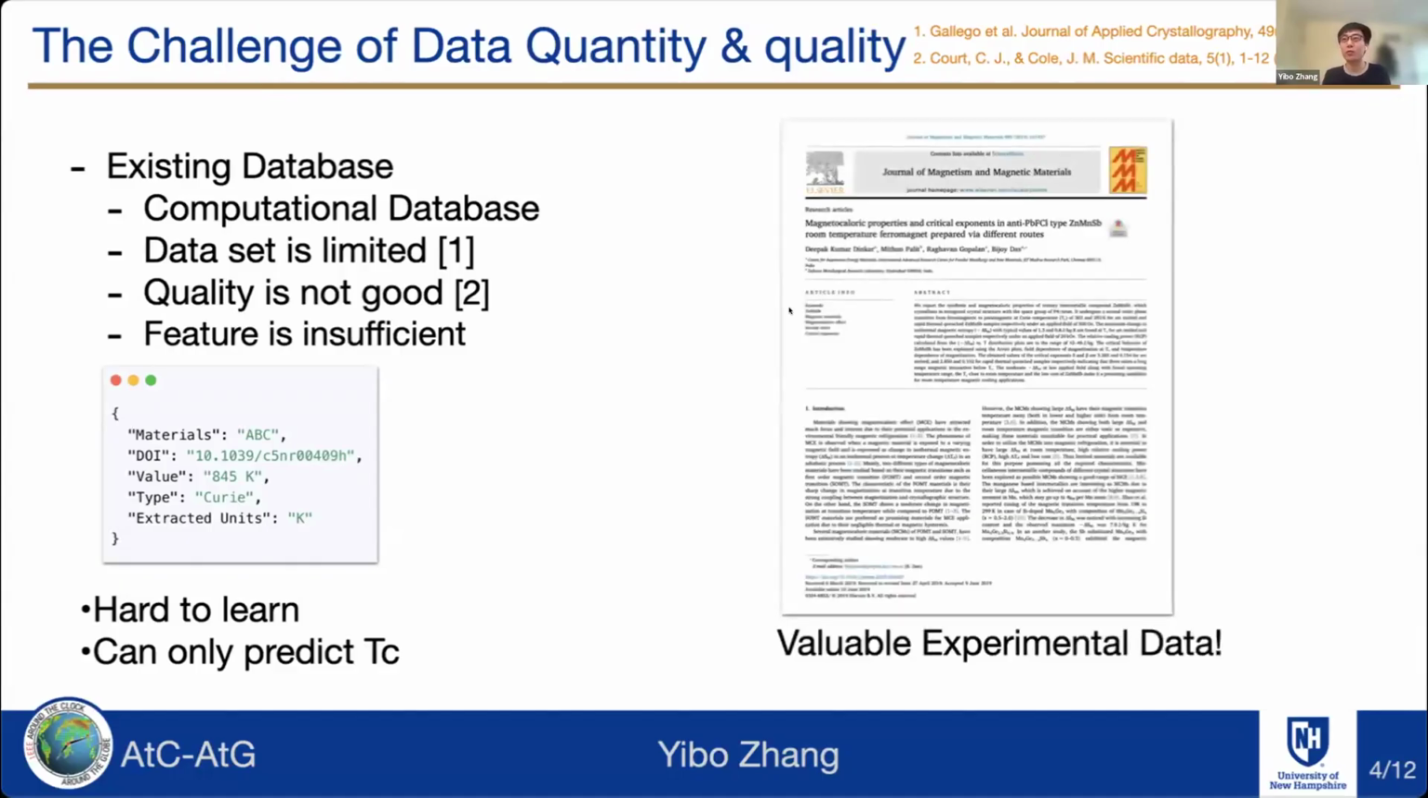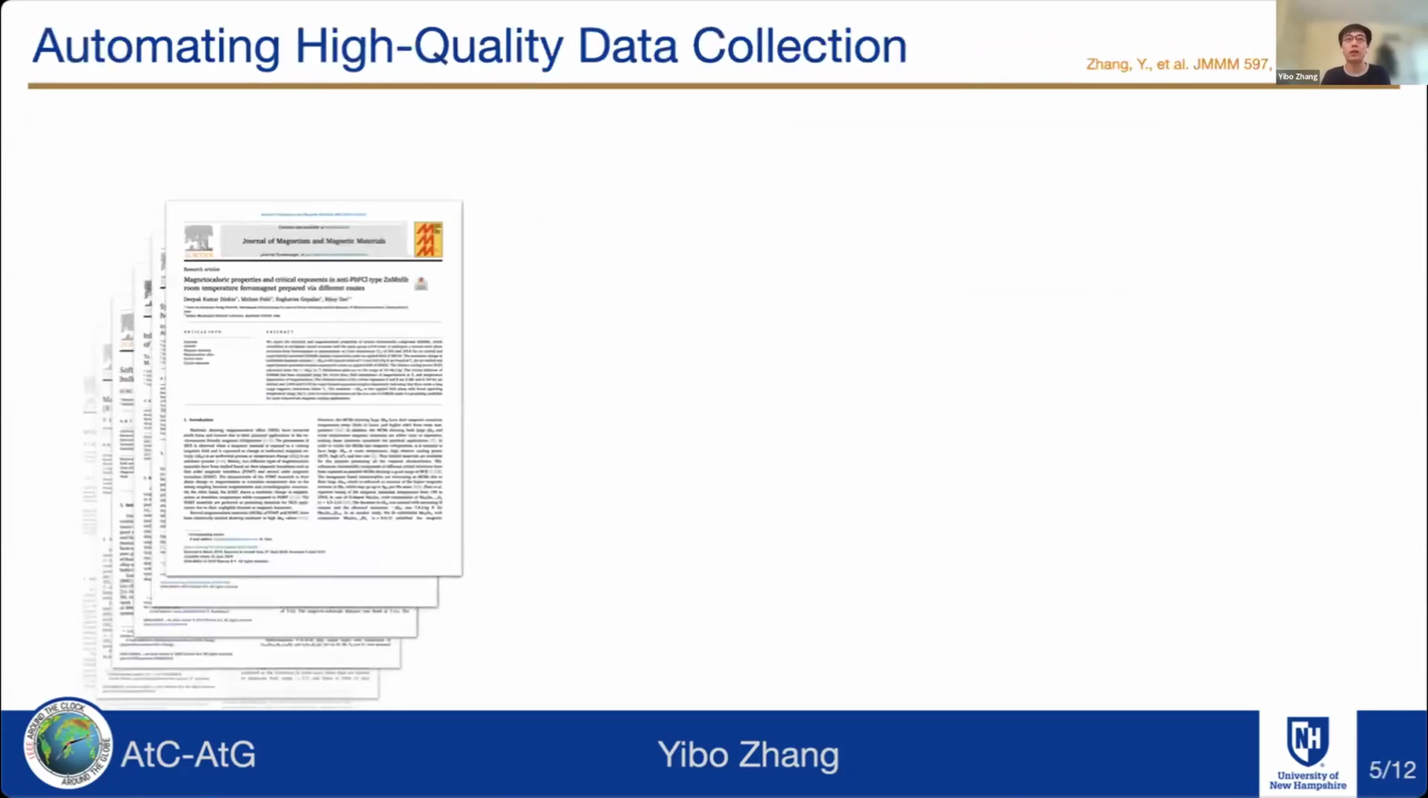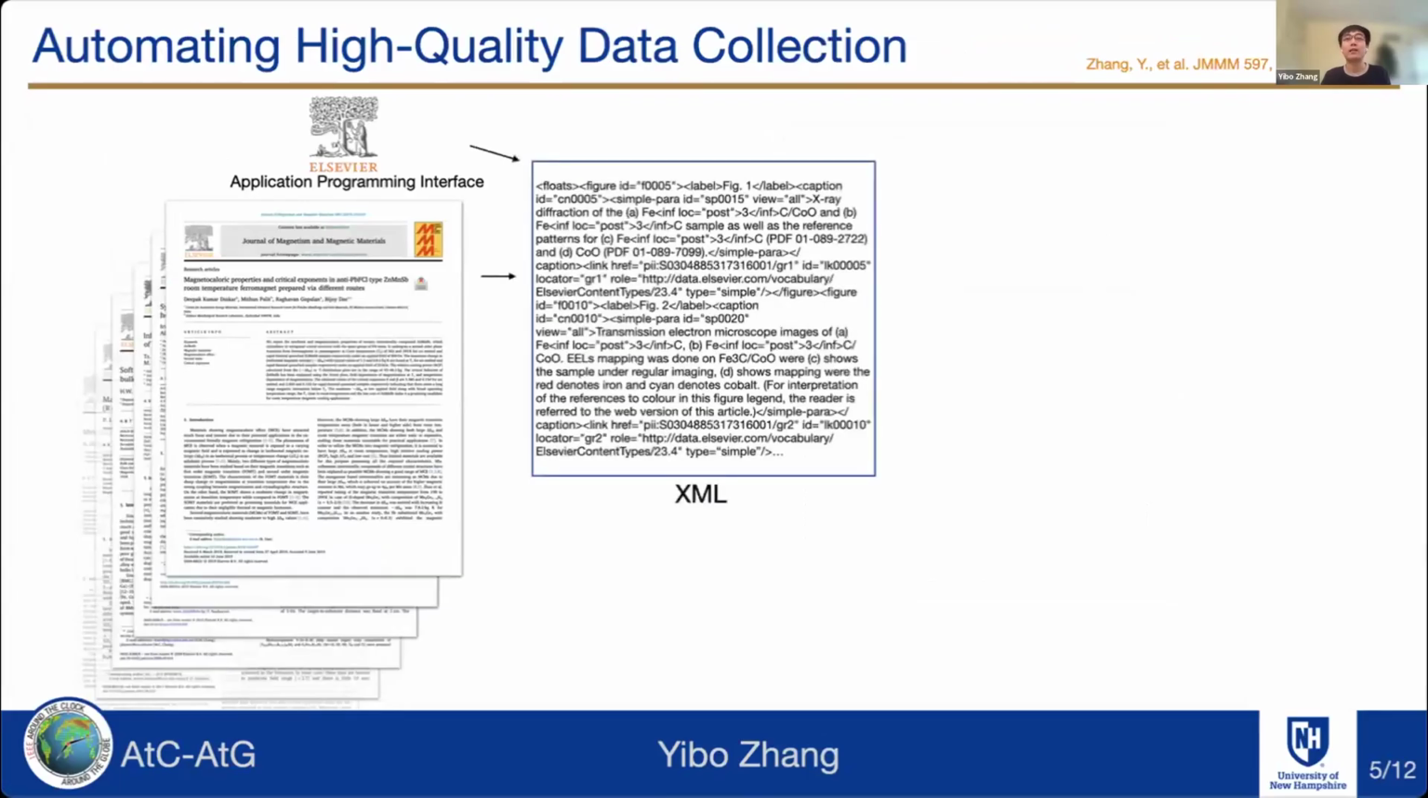So this data does exist, but it is stored in publications, and there is so much valuable experimental data. However, can we manually extract the data? The answer is no, because we would have to read a huge amount of papers. That's impossible. And we found that publishers like Elsevier provide a very nice API, which can provide a bunch